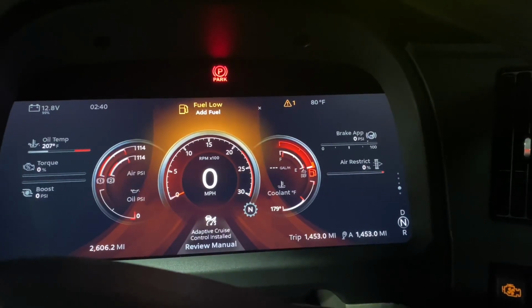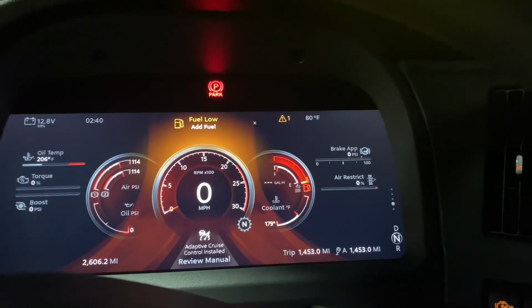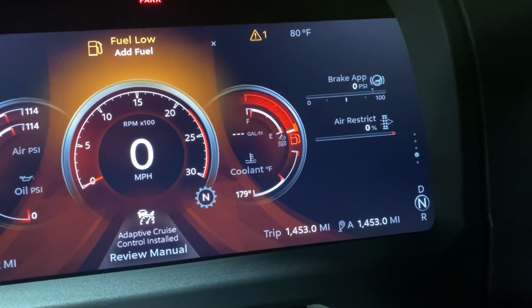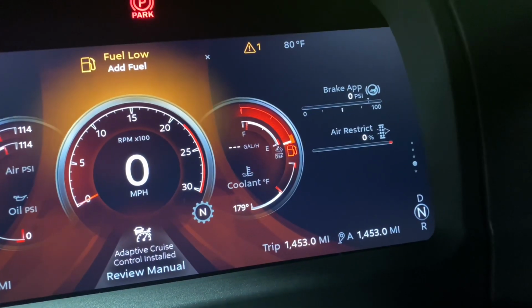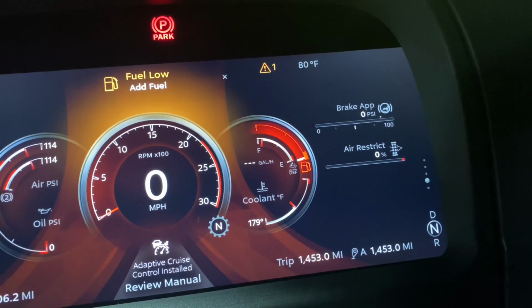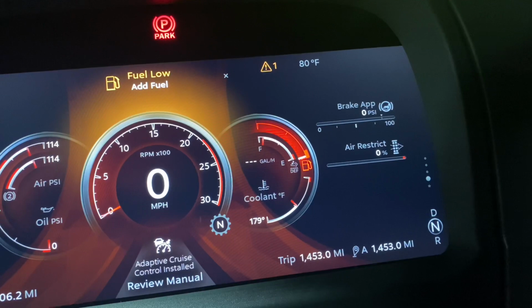Well, as you can see, I went ahead and drove from Ohio. I made it to Delaware. I pushed it, but now that I know it worked, it kind of did something tricky. It kept standing like halfway, then immediately it started dropping. So I figured I didn't need gas because it was moving slow. But when it gets down to, I want to say, a quarter, it starts to drop kind of fast. So I went ahead and stopped at